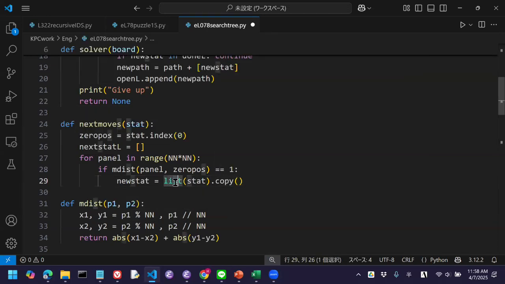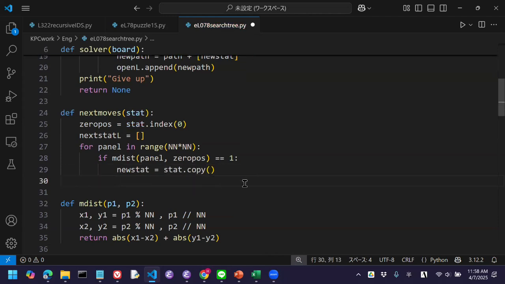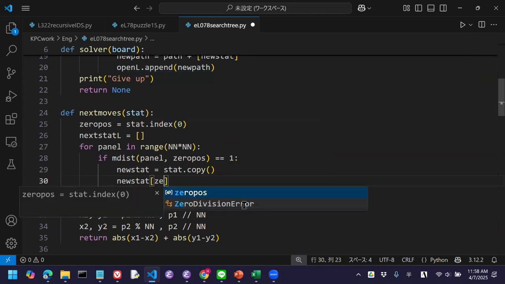Maybe we don't need a list here because it's already a list. So copy the state and then exchange the panel and the empty panel. So new state